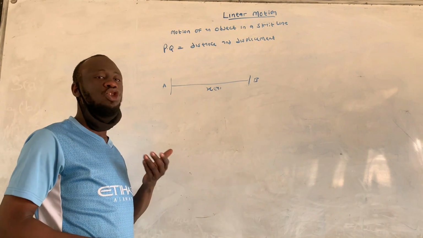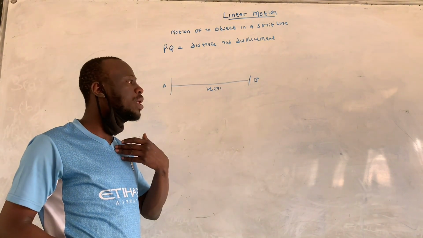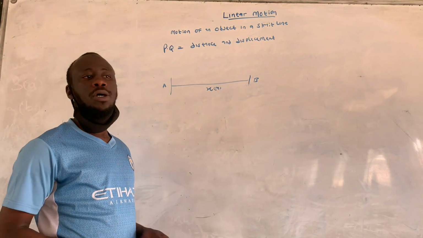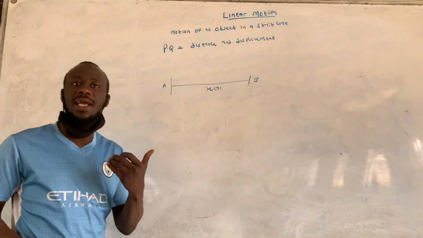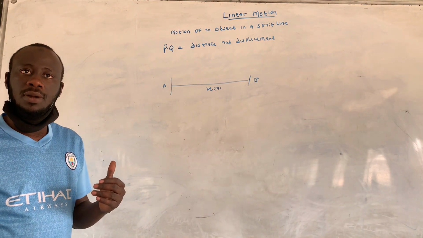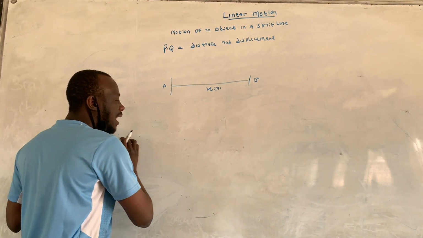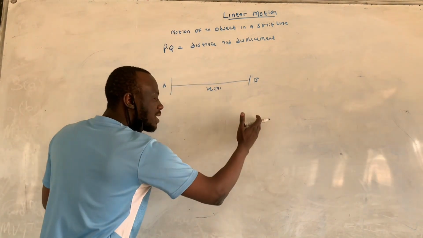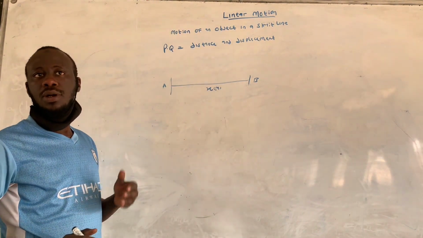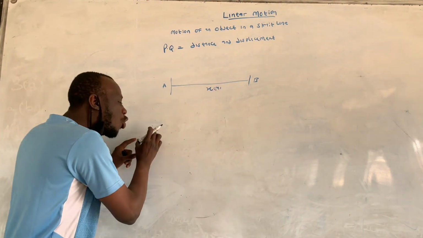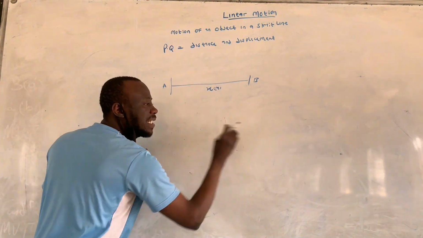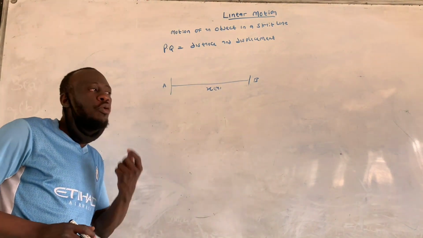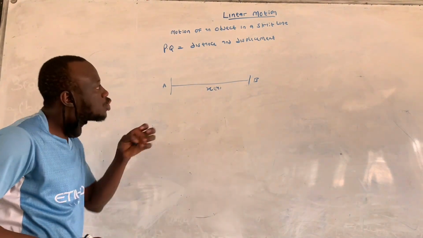Someone can decide to be walking on a road without knowing where he is heading. All that length the person is covering is just distance. But when he covers a certain distance in a specified direction, knowing where he is heading, this is known as